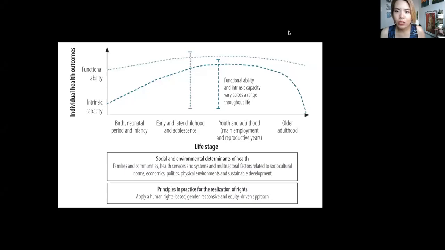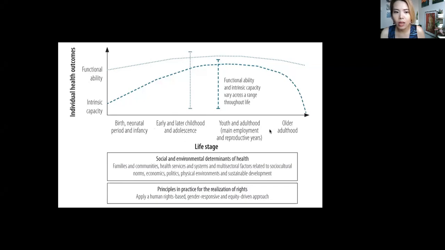Here is a conceptual framework that will help you understand the life course approach to health. There are two main variables that you could see in this framework. One is functional ability, and the other is intrinsic capacity. You would notice that there are listed the different types of cohort, meaning the age groups that a person